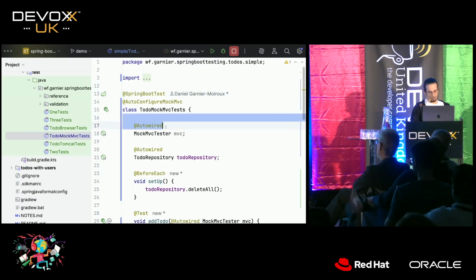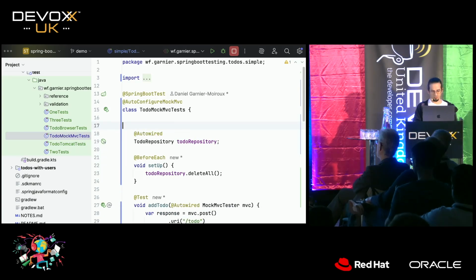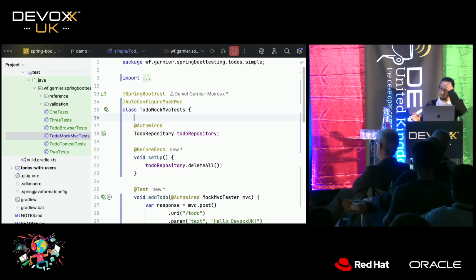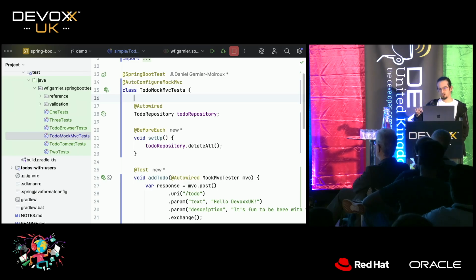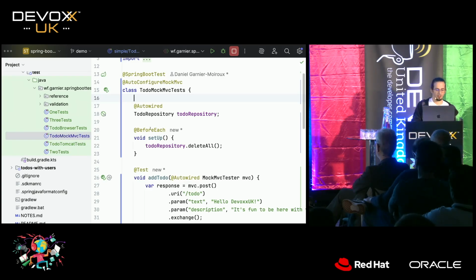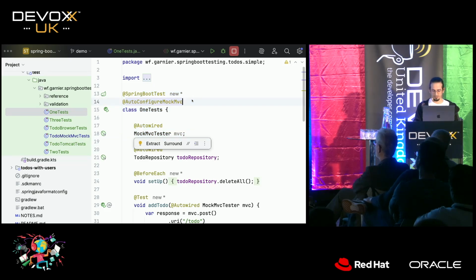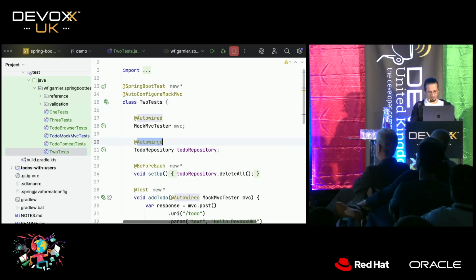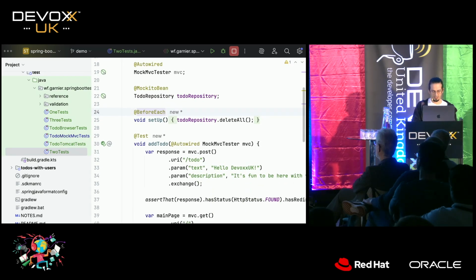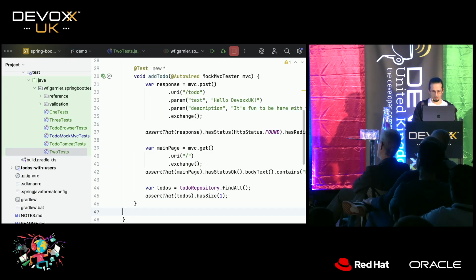So I can auto-wire any bean, that's fine, right? I can change which beans are auto-wired. This is okay. But I cannot change the nature of the app. So if I go and change these things, so for example, if I say this has a profile, because I have a testing profile, testing Devox UK. If I go to the 2 tests and I say, oh, well, this one is a mojito bean, all right? So change that, and then maybe remove the contents of the test,